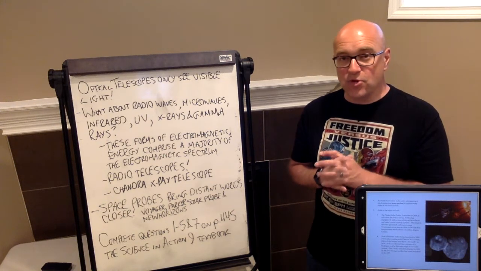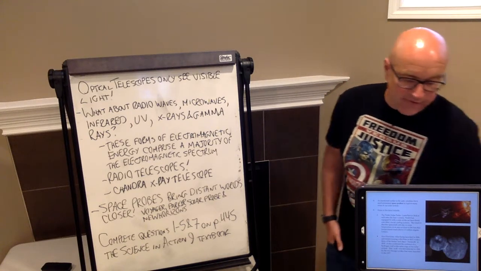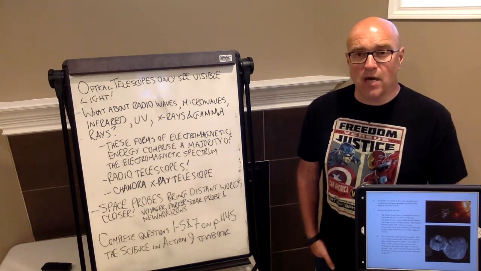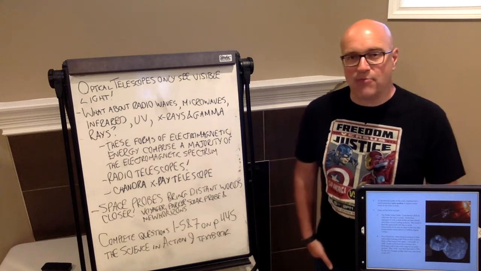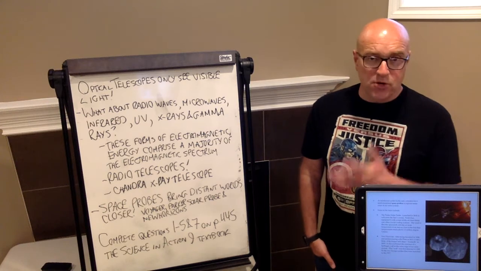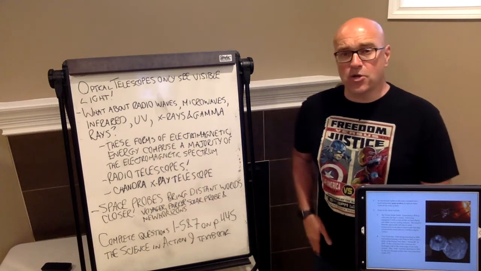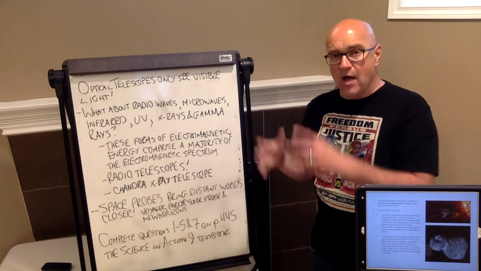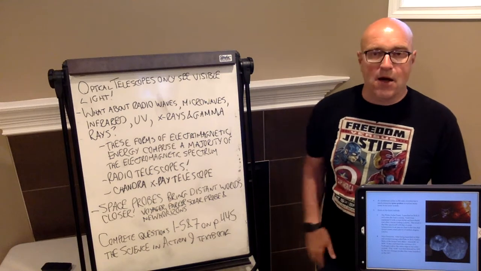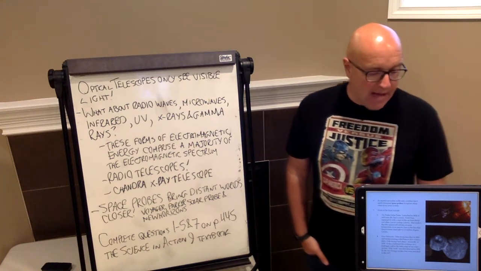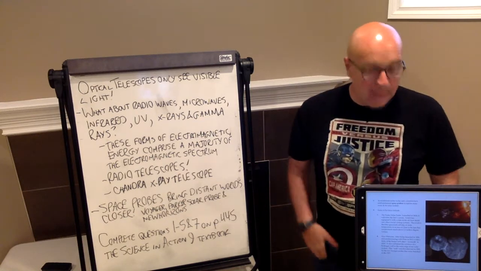Another one that's had some really cool press over the last few years has been New Horizons. New Horizons was the first probe to rendezvous with the dwarf planet Pluto, which used to be the ninth planet. It's not the ninth planet anymore. But it rendezvoused with Pluto in 2015. And then it went out into the Kuiper Belt, which I talked to you about earlier in the unit, that extended area beyond the orbit of Neptune, all the way out to the Oort cloud, which is the edge of the solar system. And it rendezvoused with another object, which is right here, called, I'm going to get this wrong,